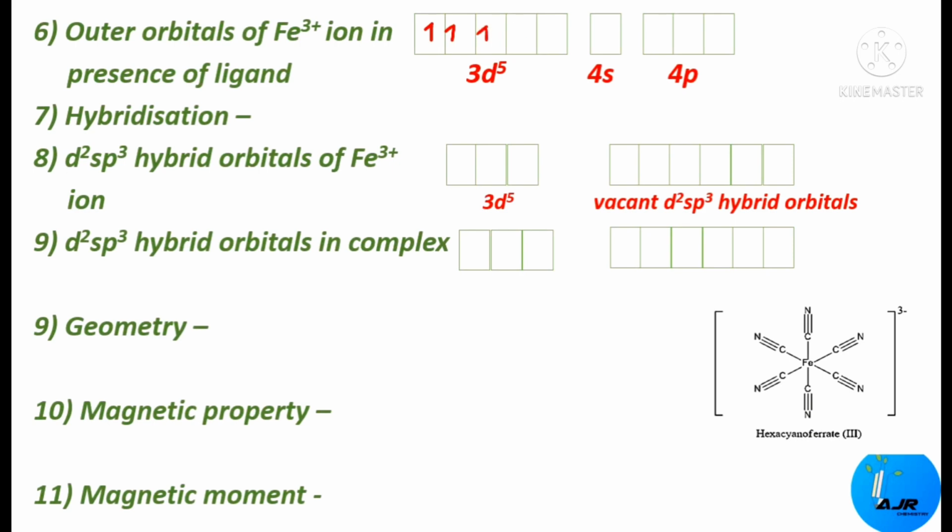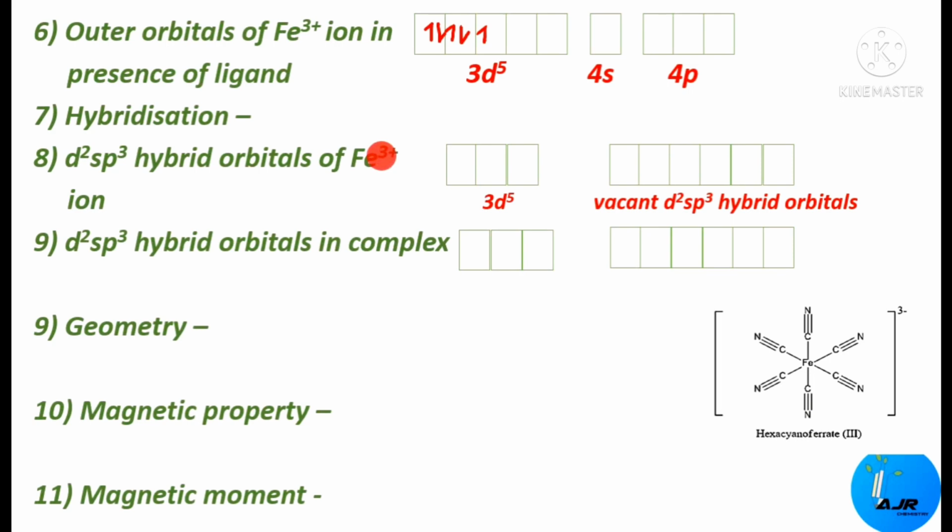All 5 d orbitals will have a single electron, since it is 3d5. But in the presence of a strong field ligand, these electrons will start to pair up. So how does the pairing take place? These two electrons will be accommodated in this, 1 and 2. So according to VBT, or valence bond theory, the central metal ion should